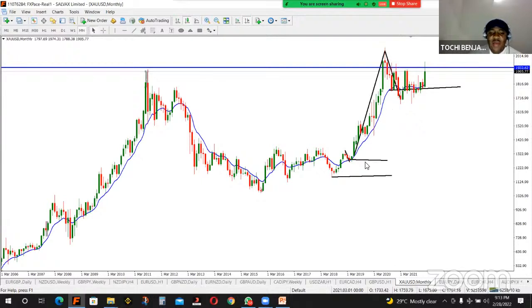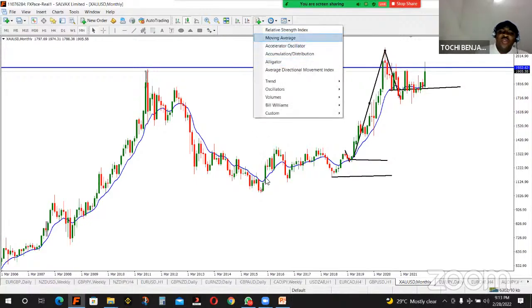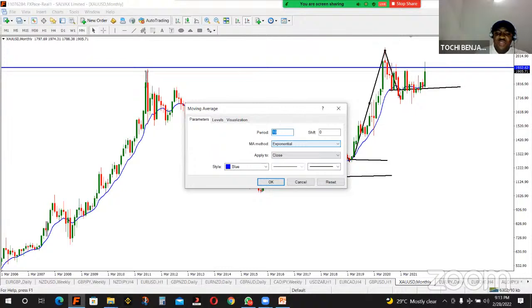All right, so now this is the moving average. Now let me go to another one. I want to add another moving average to my chart now, so that I will tell you another strategy using moving average. Now look at this moving average. I want to put a 20 period moving average. I'll put simple moving average. Then what I'll need to do is apply to close.